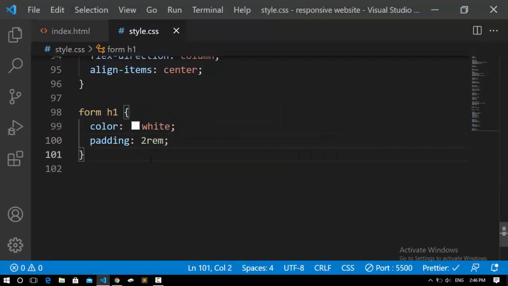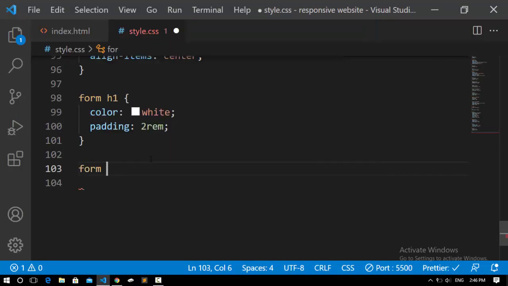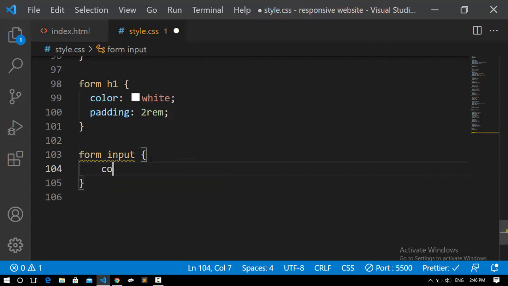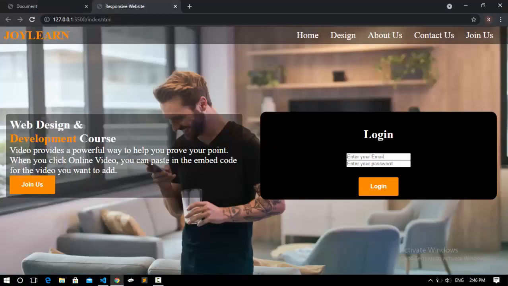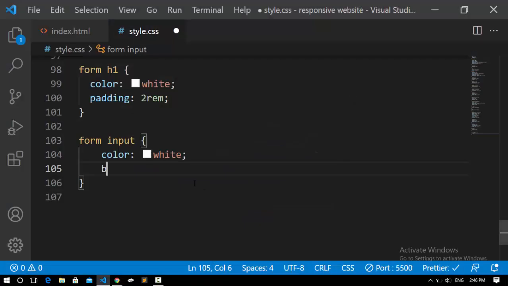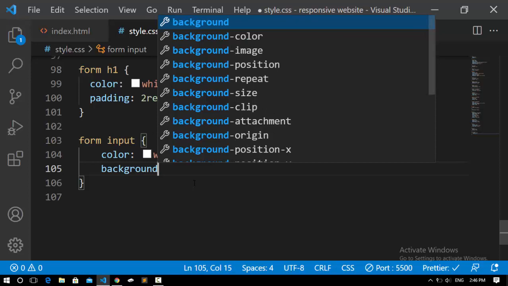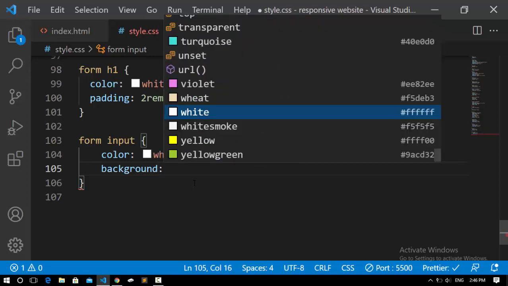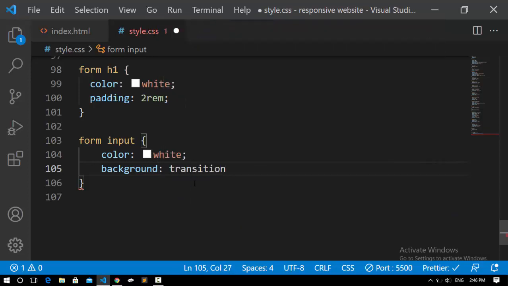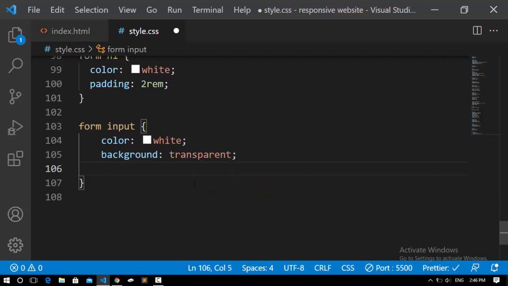So I'm gonna select the form, and we're gonna design our input. So I'm gonna come here and say input, and what we want to do with this input, we're going to set its color to white because there's going to be some problem. And we're going to give it a background of transparent, and we're going to give it a width of 80%,